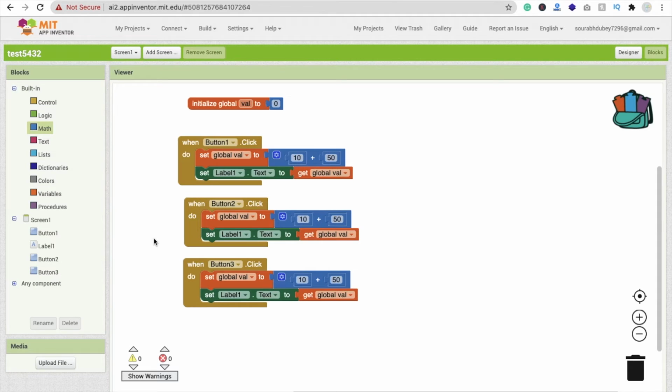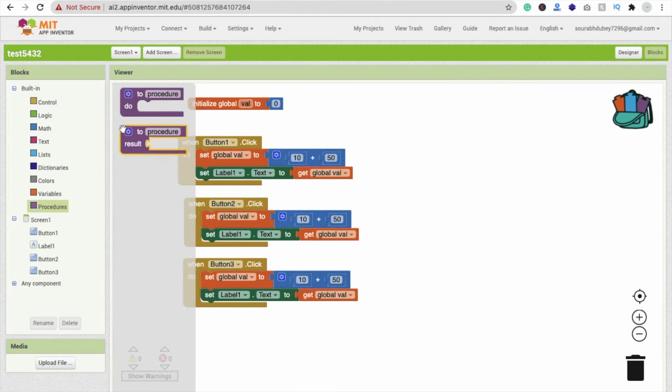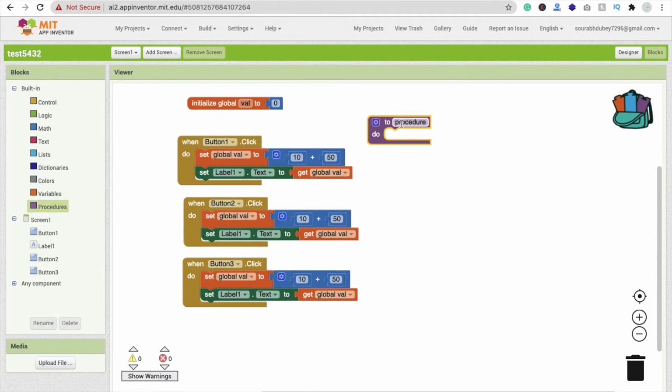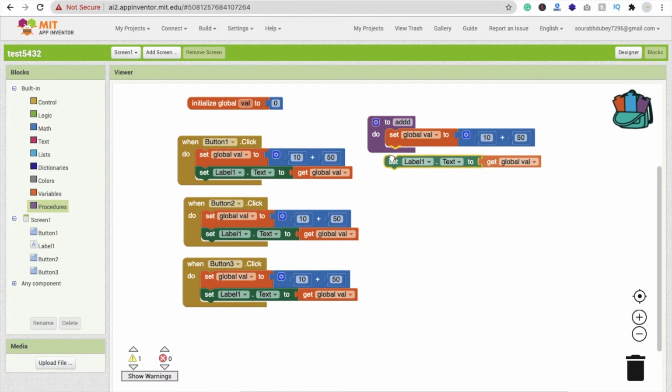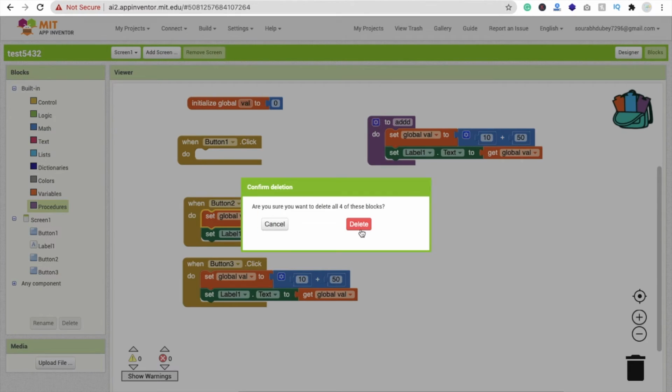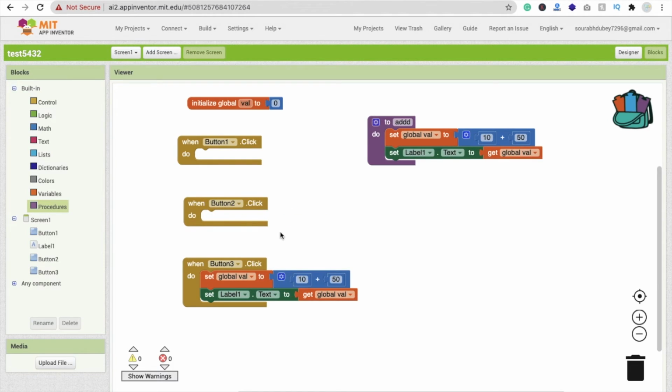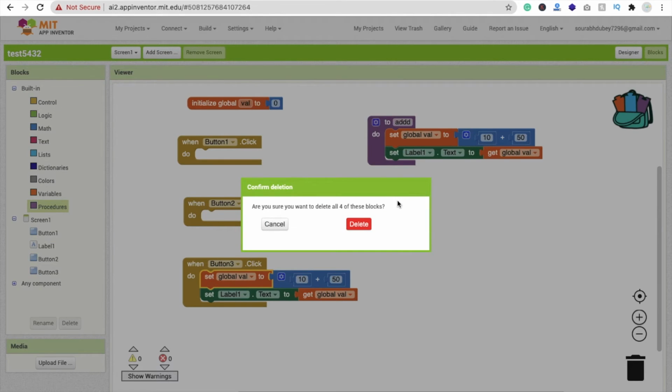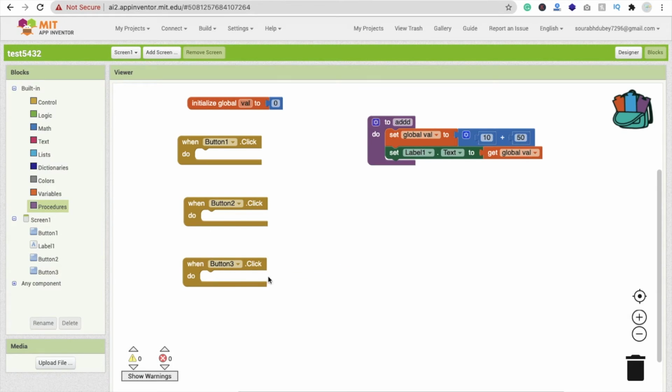Now if I use a procedure here, suppose I use a procedure, and add is my procedure name, and I'm going to use this function here, it means the value, and I'm going to use set label text like this. This will be called. So I'm going to delete this whole code from here, here, here, and here.